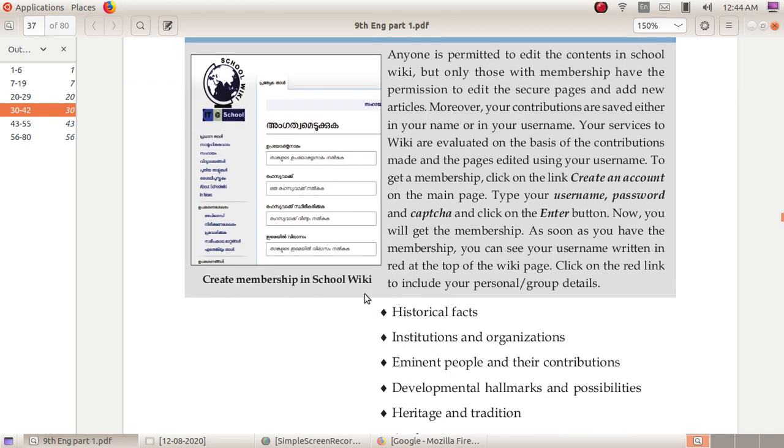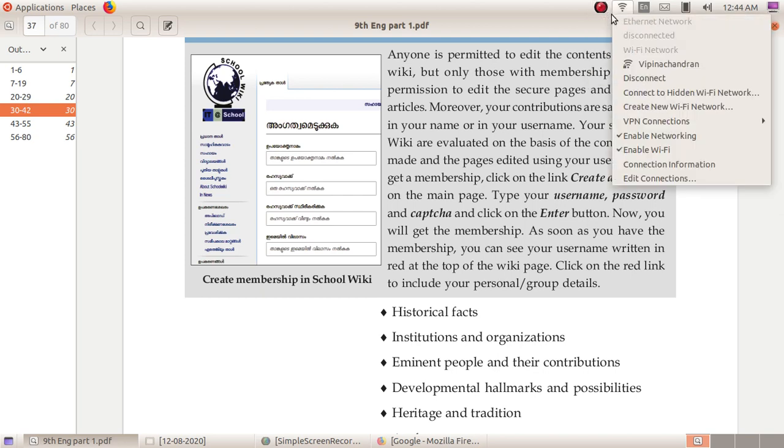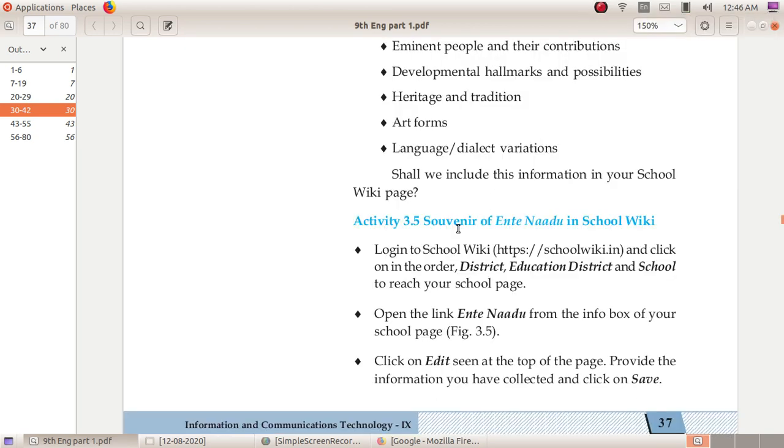We can edit the secure pages and add new articles by using the membership. The next section is Ente Nadu, Souvenir of Our Land, in School Wiki.